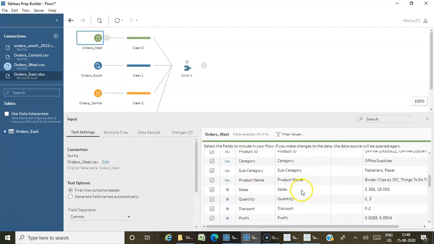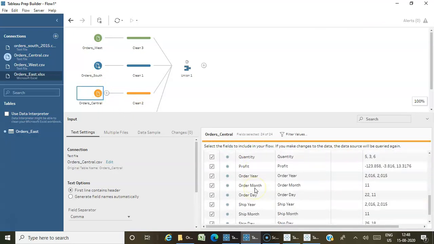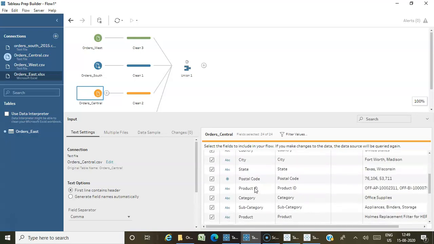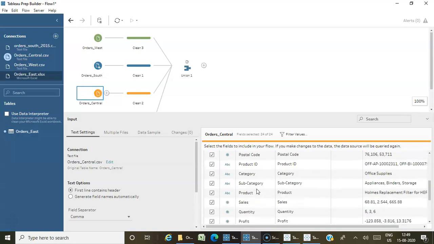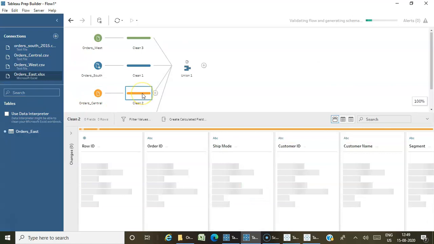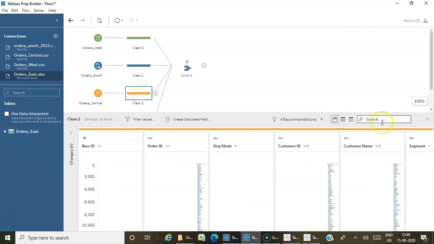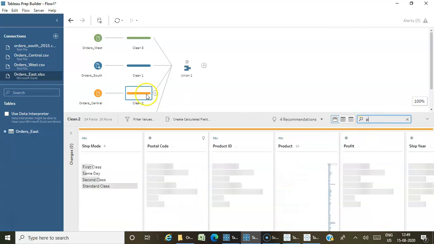West, we have product name. In central, we have only product. That's why it is showing as different for central, right? So now let's go to the cleanup step and search for the product.